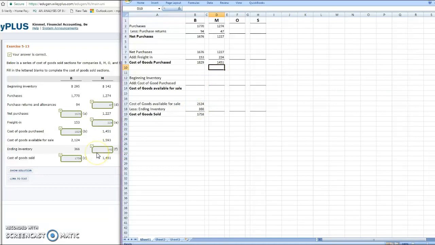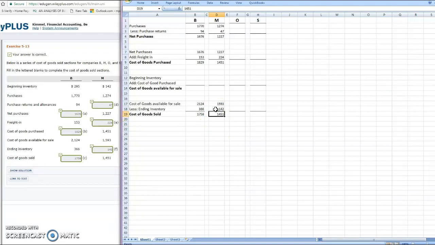Okay, the third thing they want is the ending inventory. So we'll come down to this formula, the cost of goods sold formula. The cost of goods we have available for sale is $1,593. The cost of goods sold is $1,451. So we've got our blank number here in our formula. We can figure out our ending inventory by taking our cost of goods available for sale and subtracting our cost of goods sold. That will give us